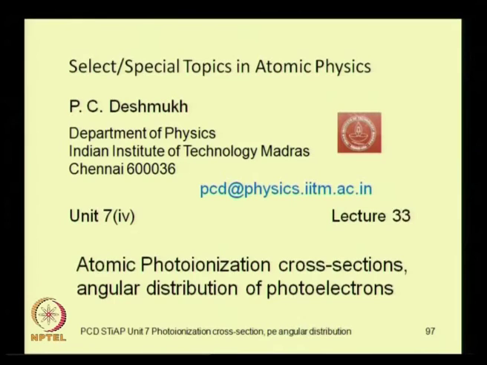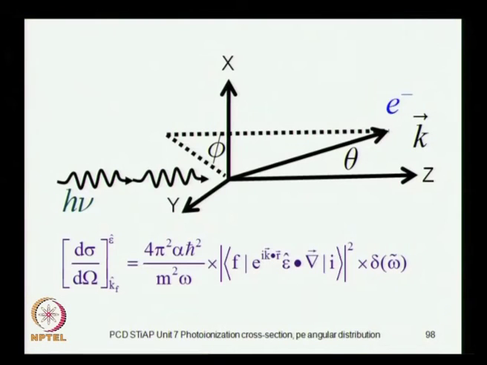Greetings. So, with today's class and the next one, we will be concluding unit 7, basically on photoionization cross section, and we will also get an expression for the angular distribution of photoelectrons. And we found that the differential cross section, which is the cross section per unit solid angle for a given direction of incidence with respect to which you describe this geometry, and if you have the incident electromagnetic radiation having electric vector polarized along the unit vector epsilon, and you set it up along this x axis for our consideration,